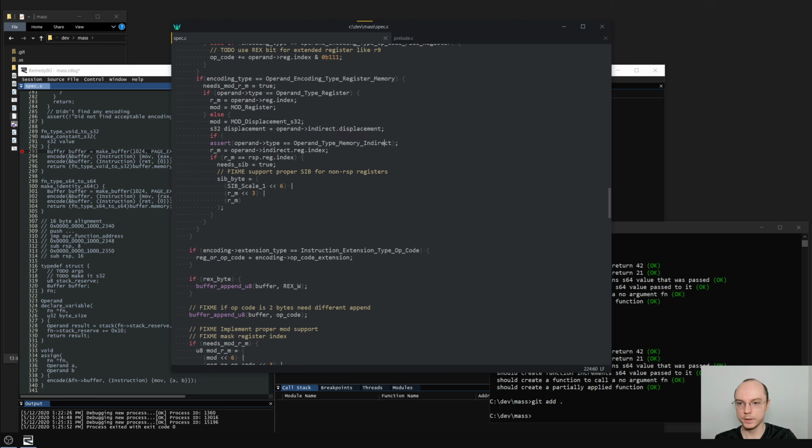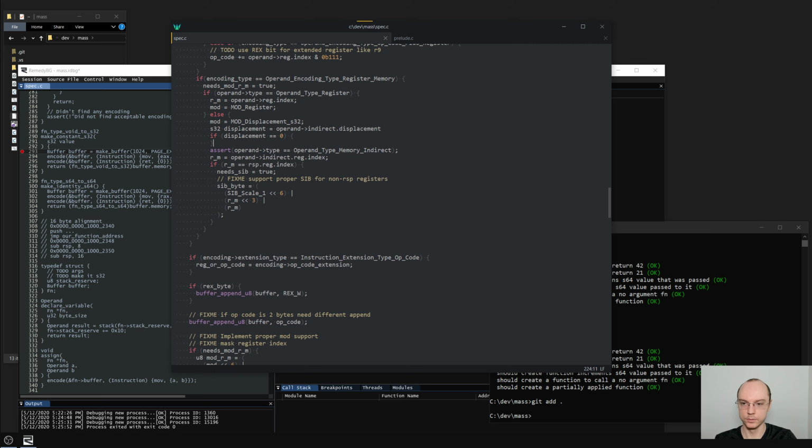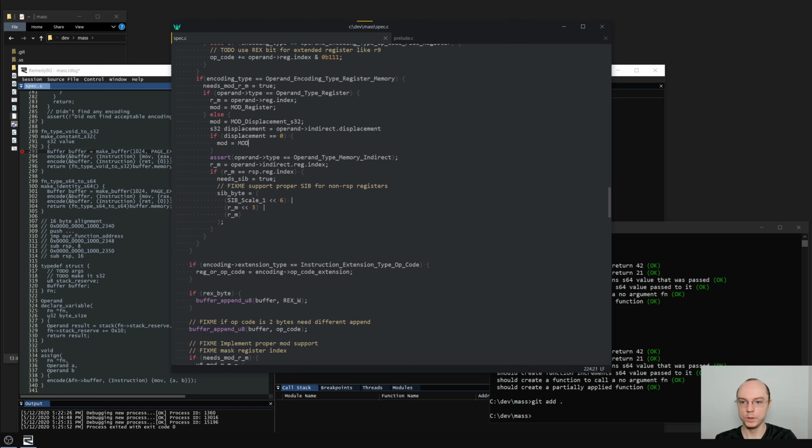S32 displacement is this, and then what I want to do is say if displacement is, let's start with the simple version, displacement is 0. Then mode should be mode displacement 0, right? We don't need to even write anything. Else, if displacement is less or equal to 1 byte,